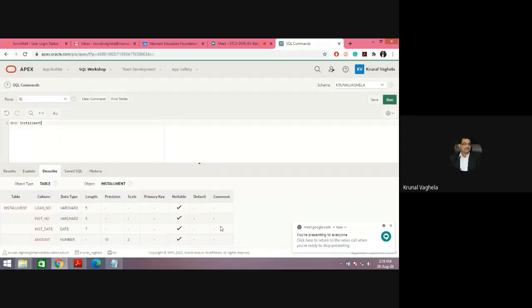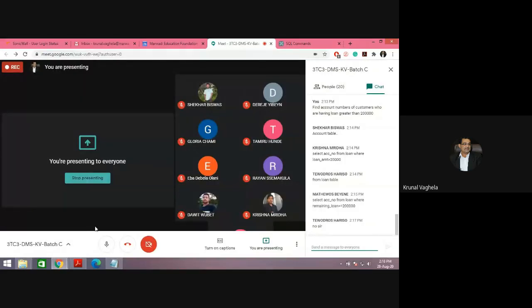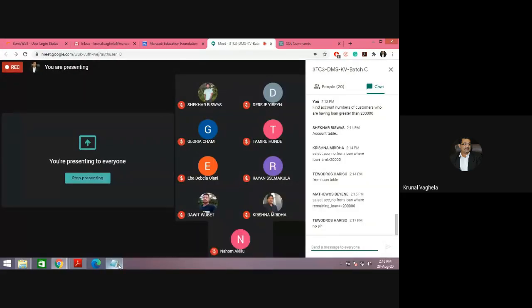installment like this. So what I will do right now, I will write a few queries and you need to solve them, and I will ask randomly someone to type. Don't type unless I say. I will name the person. I want to check whether everyone has understood or not. For example, I will ask Sekhar. Then Sekhar needs to type the query, no other students. Okay.